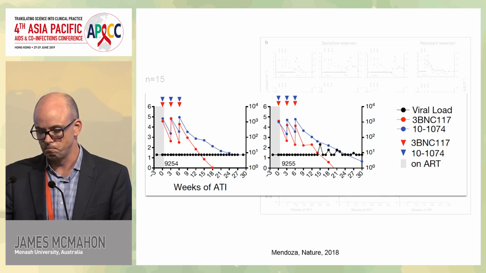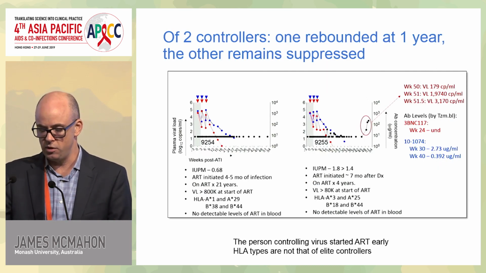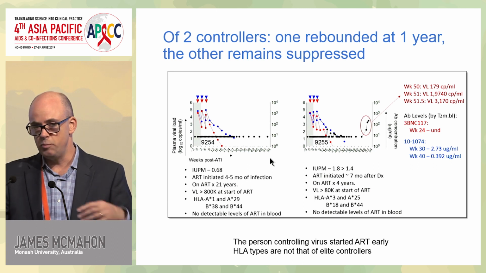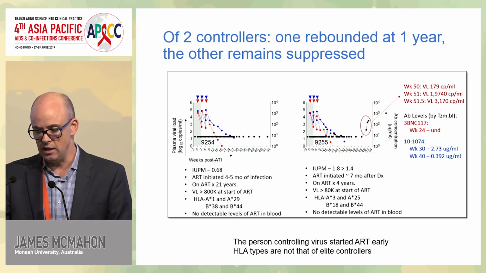There's been a subsequent presentation separate of the paper which has shown one of these individuals actually has had rebound of virus at approximately 1 year, and one person is still under follow-up off antiretroviral therapy for a year without rebound. So again, these could be natural post-treatment controllers, but it's also very interesting that maybe this is an immune effect of these antibodies for such prolonged suppression.